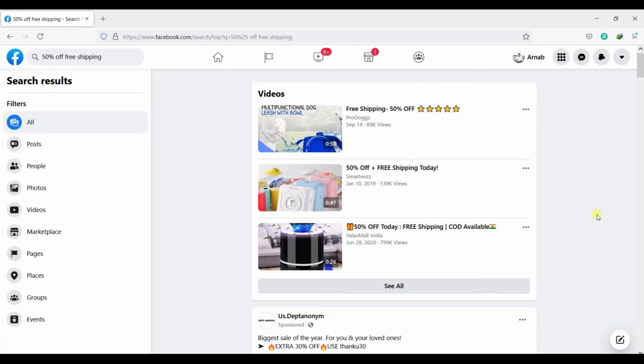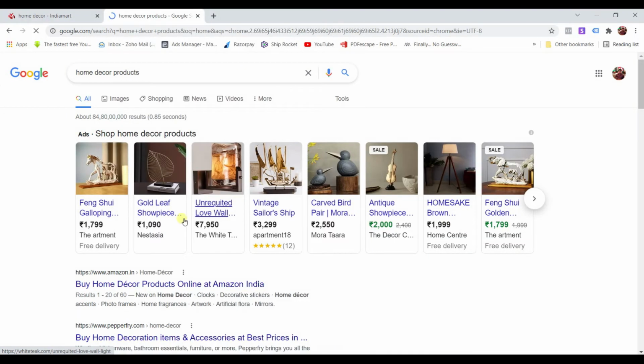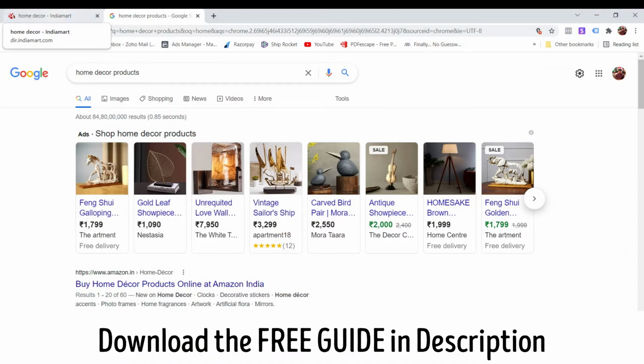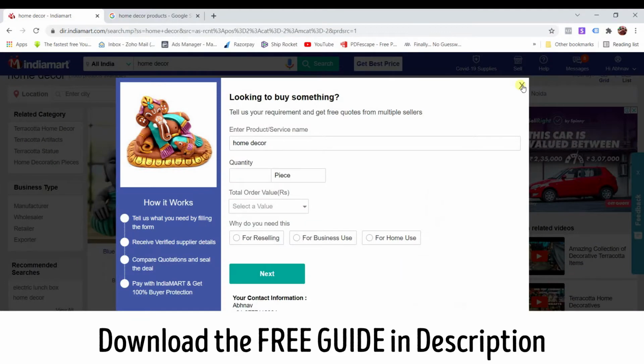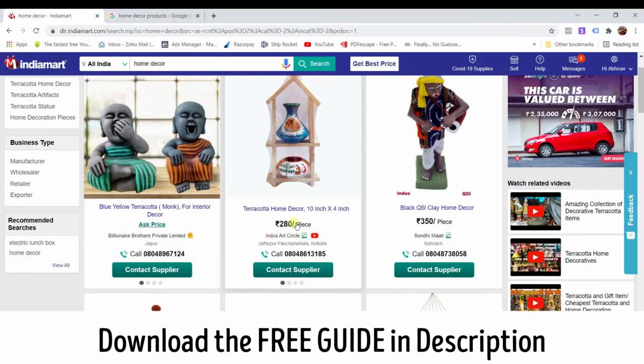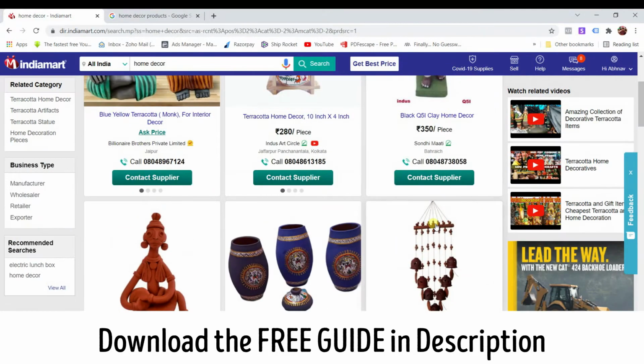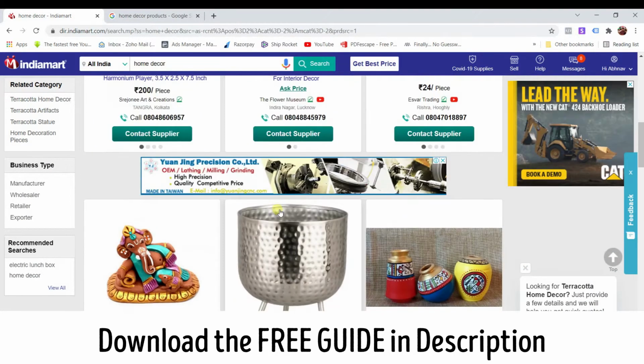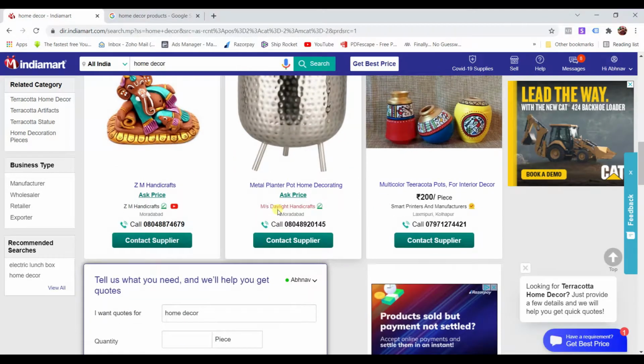This is a very effective method how we can find profitable products inspired from the products which are actually doing well. If they are selling something for 1000 rupees, 2000 rupees, even 7000 rupees, can you see the potential here? You are getting the products at around 250, 280, 350 rupees, right? And there are a plethora of products here.